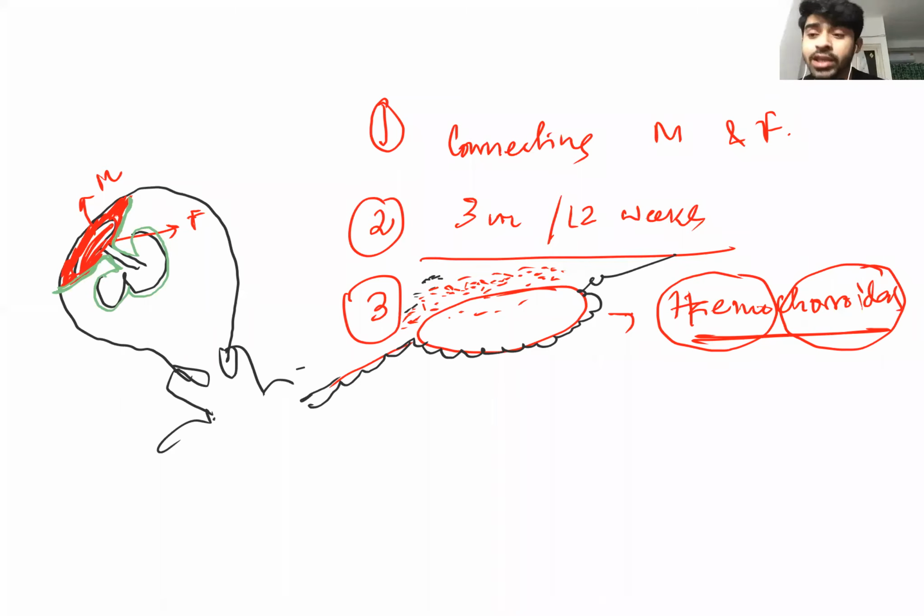So that's why I'm telling you the human placenta is a hemochoroidal placenta. I mean, at the mother's surface there is only blood, no membrane. Only blood and blood in the mother's surface, and on the fetal surface there is a membrane. So human placenta is a circular placenta, and it is a hemochoroidal placenta.